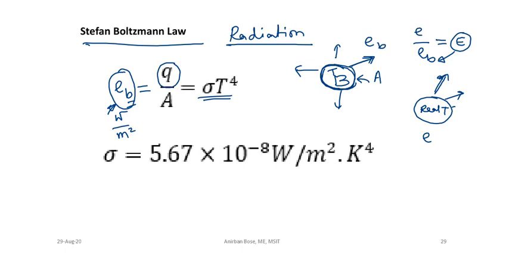So what is the Stefan-Boltzmann law? It is sigma. This sigma is the Stefan-Boltzmann constant, and remember, this is not a surface property, this is a universal constant. So this is not changing with the nature of the surface or the material. Its value is 5.67 into 10 to the power minus 8 in the unit watt per meter square Kelvin to the power 4, and this T is the temperature of that body which is